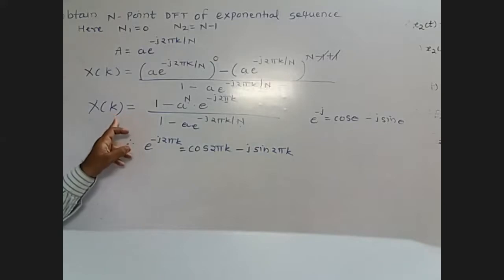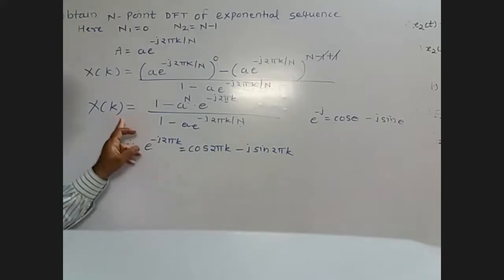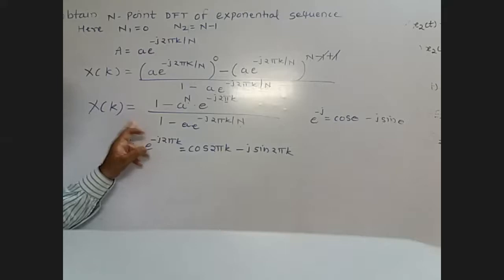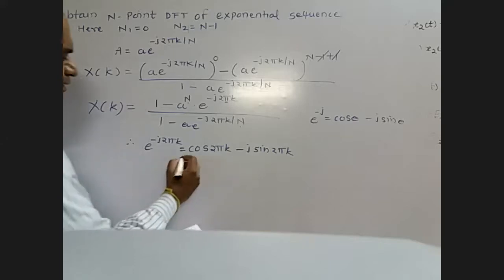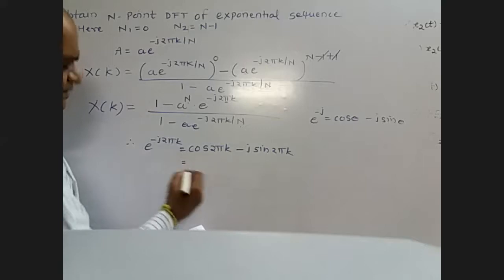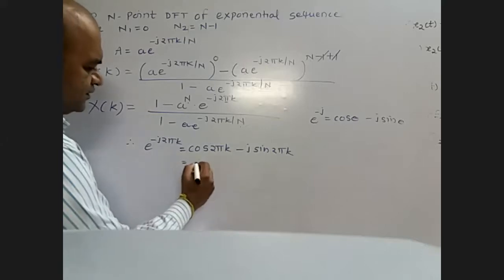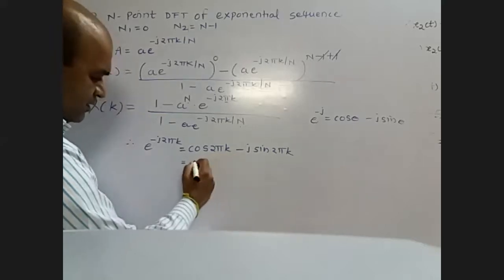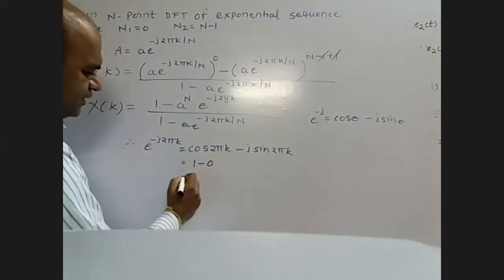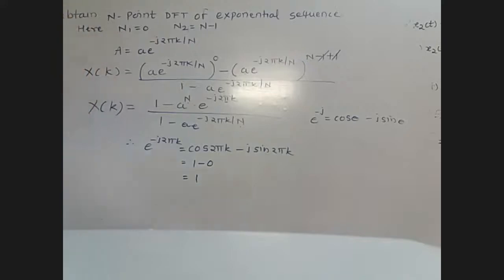So that's why here, if it is 1, 0, 1, 2, or n minus 1, we will find here in case if it is 0 or if it is 1, you will get cos 2 pi, so it will be 1 minus 0, and you will get finally one term.